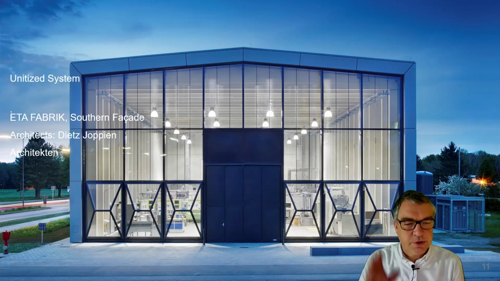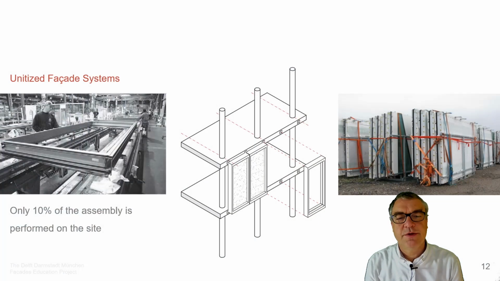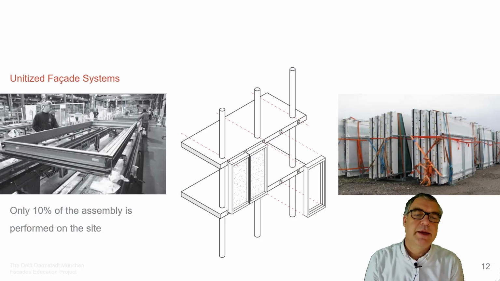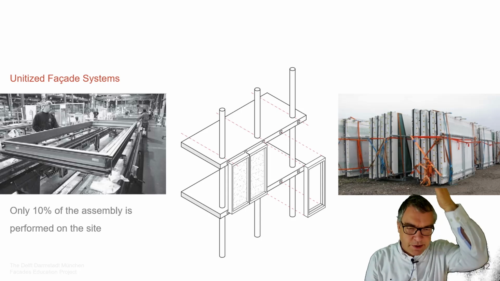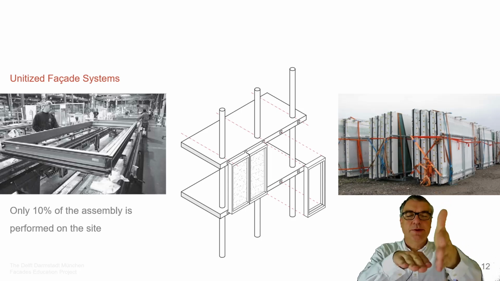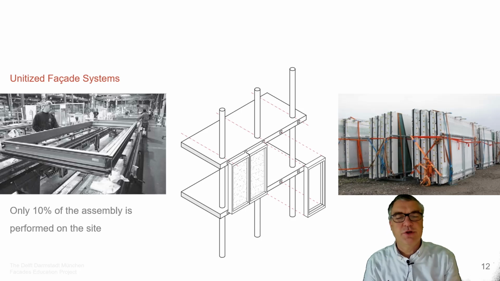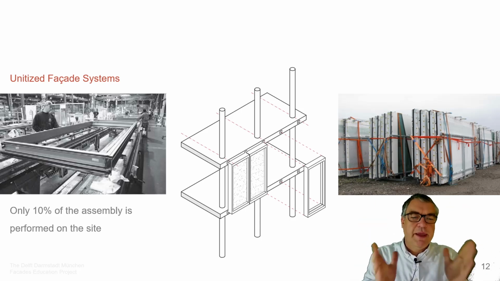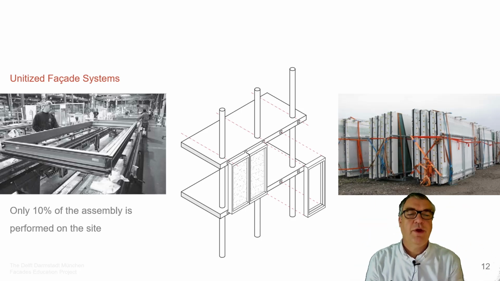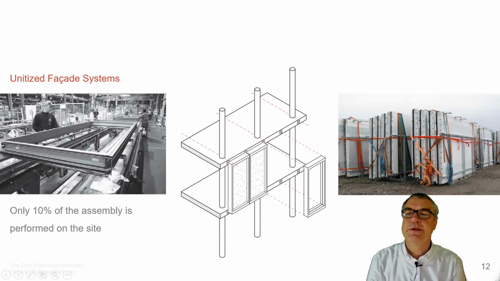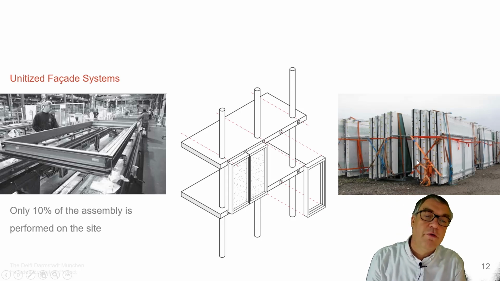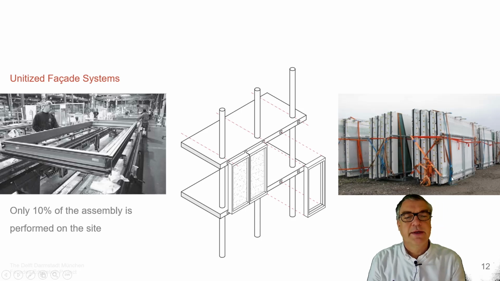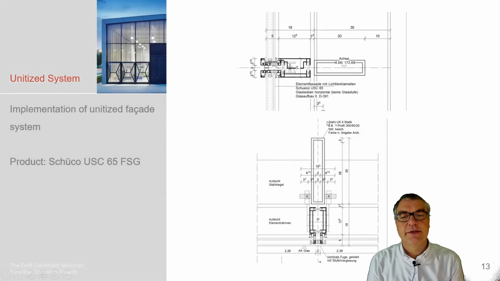Now the unitized system, showed this with this sample of a unitized system. Unitized system means it's not a stick and a rail connected on site, then the glass plate brought in position, but an entire frame being pre-assembled in the factory and then transported to site, and that's what we see here. This is the pre-assembly in a factory. Then the whole thing is transported in these brackets, in these racks, to the construction site, and then installed bit by bit at the construction site.